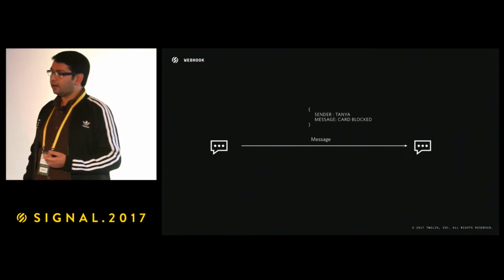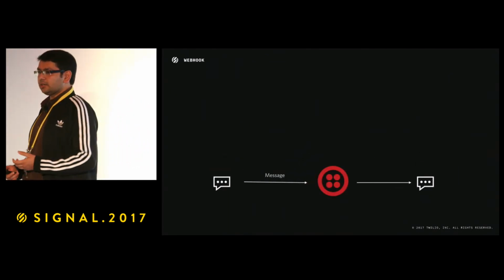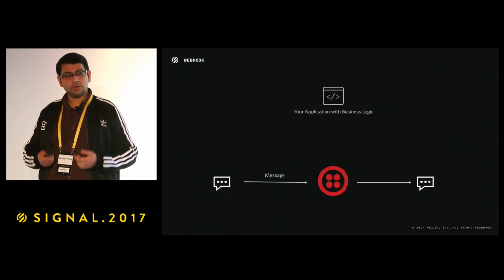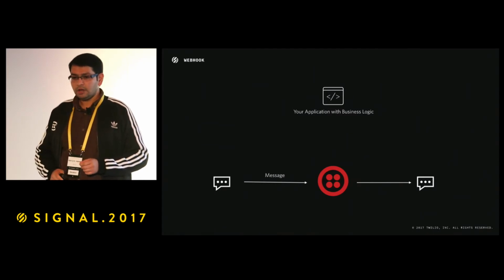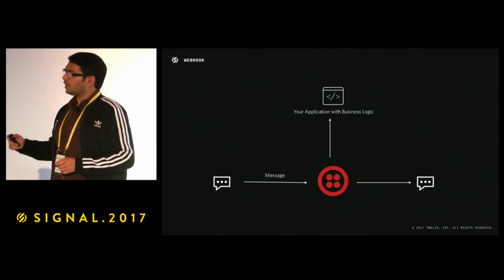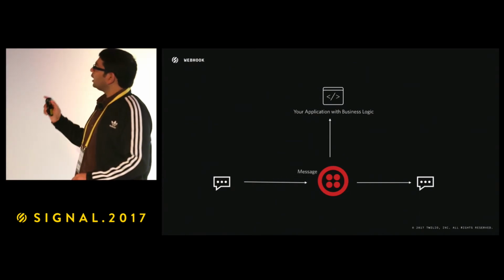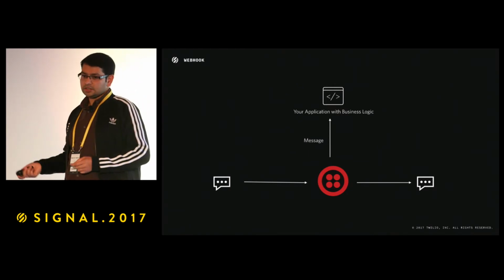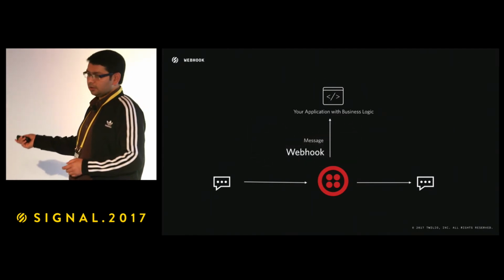And this is where we require programmable chat. So moving this to Twilio world, the way this would work is, as usual, when a participant sends a chat message, it comes into Twilio. Now at this point, Twilio brings your application into the picture. It sits somewhere outside Twilio flow for the moment, but when the message comes in, Twilio can send in real time, a push of information into your application, which will basically contain information about what really came in. So in this case, it was a message, and this push-style information sent to your application is a webhook.